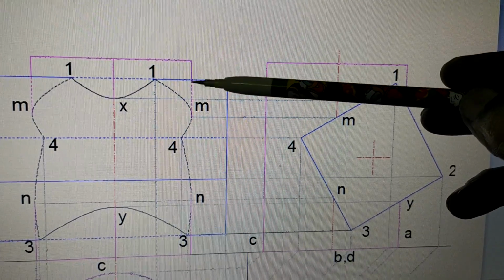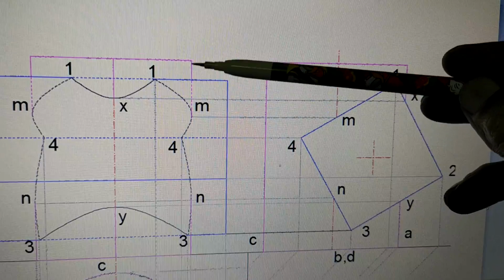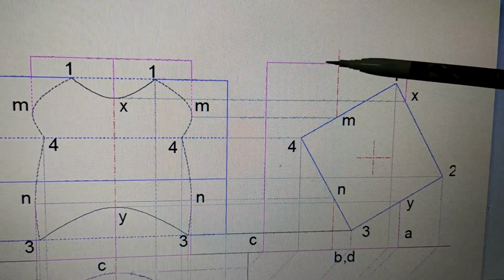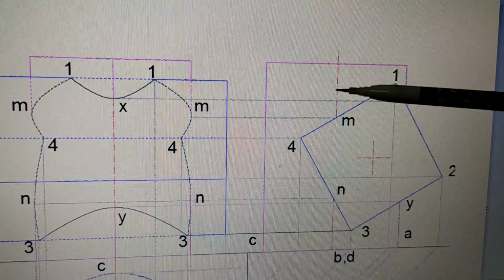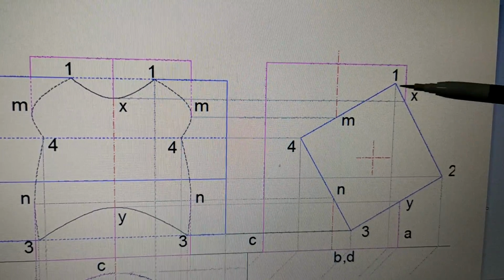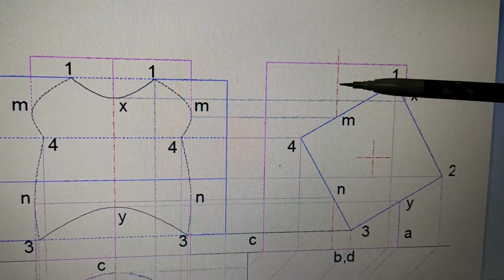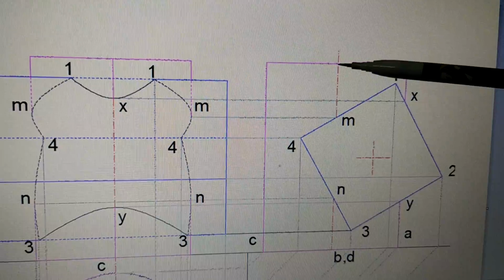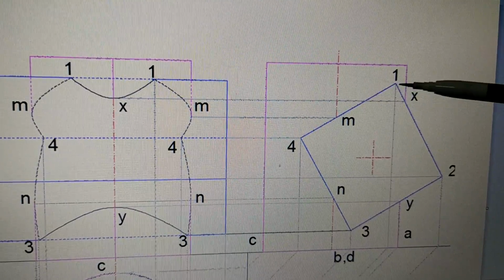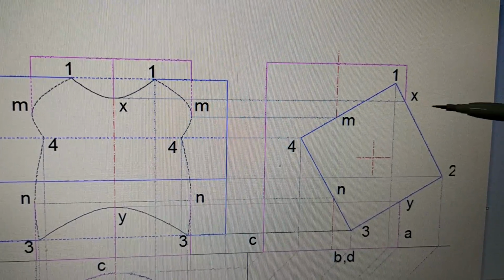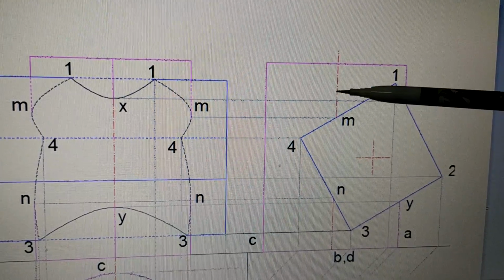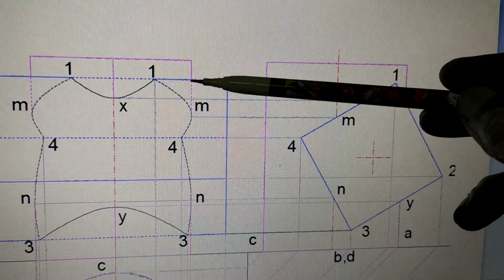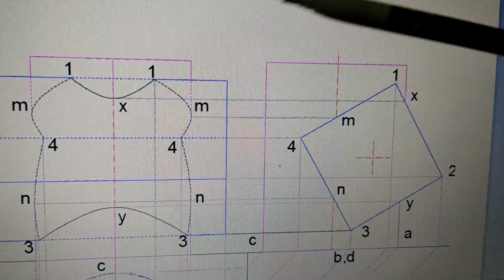If you are asked where this line is, it has come and touched M. But when you look in this direction, beyond point 1, from here to here it is seen. After this, it is coming in between, so all the points from here to here are not seen. Therefore, this part is dotted.